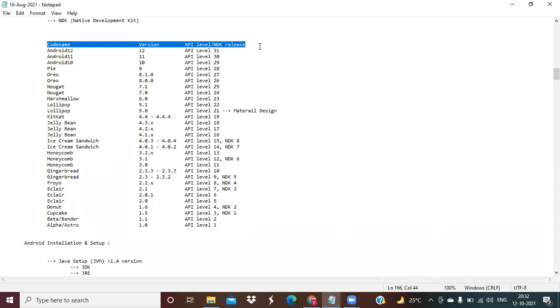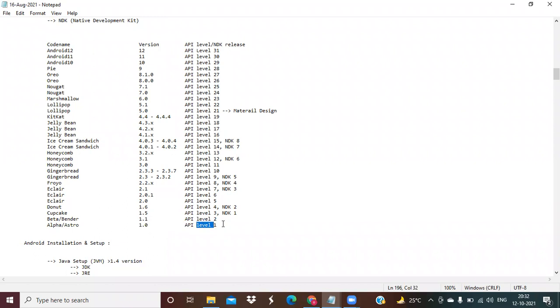I am telling you the truth here: you need not remember each version number and each API level. But one thing you need to know is which operating system you are implementing with, its version, and its API level. For example, the first version of Android was released in 2009 with the name Alpha or Astro. Its version number is 1.0 and its API level is 1.